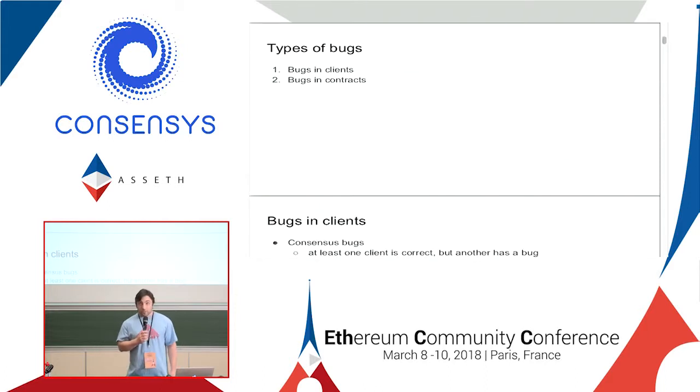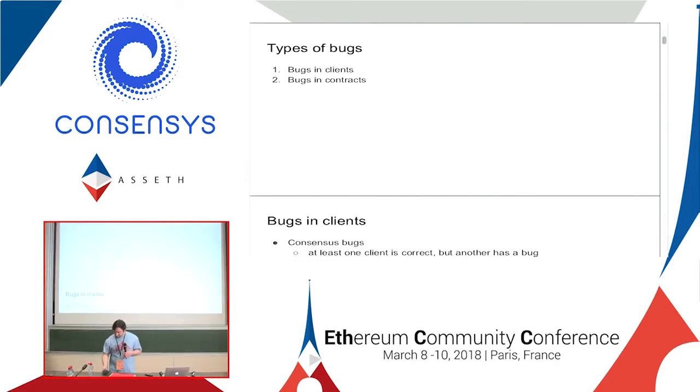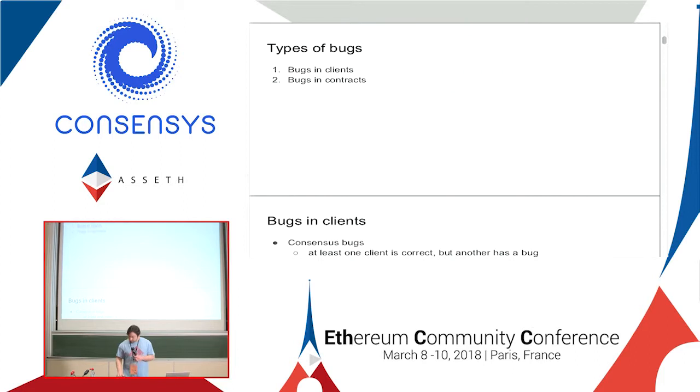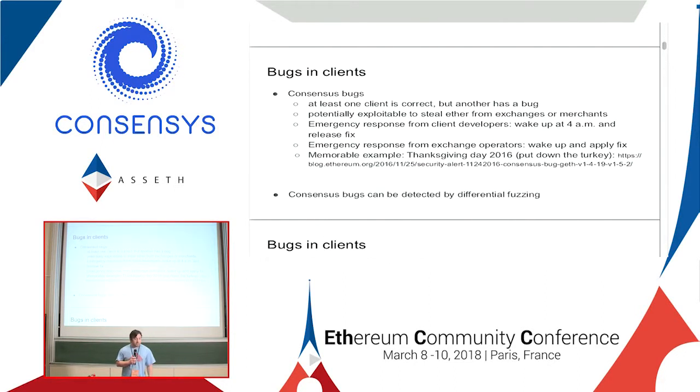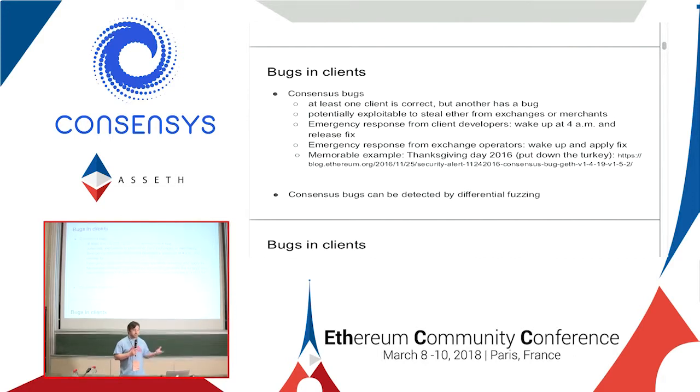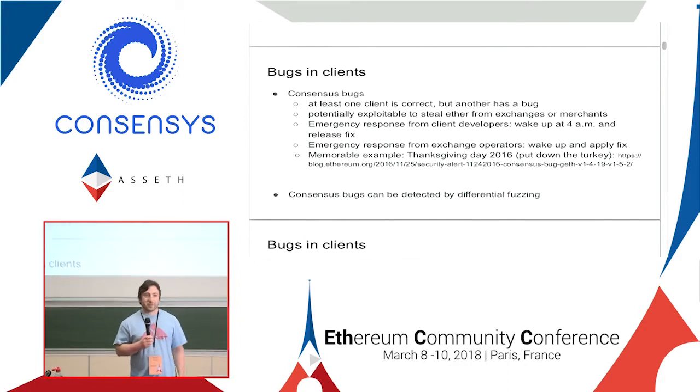So the 2 types of bugs we're trying to find are bugs in clients and bugs in contracts. So let's talk about bugs in clients first. Consensus bugs means that one client is correct and another one is not correct. The other one has a bug. It's not really a big deal to the average user. It's only a concern that keeps you awake at night if you're either a client developer or an exchange operator,